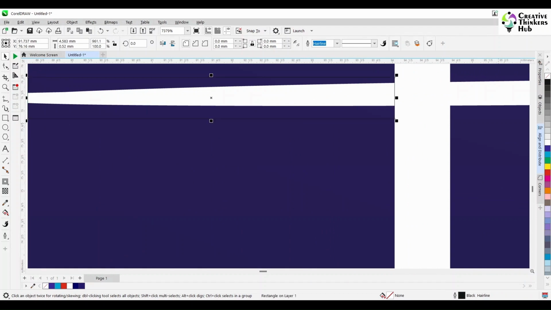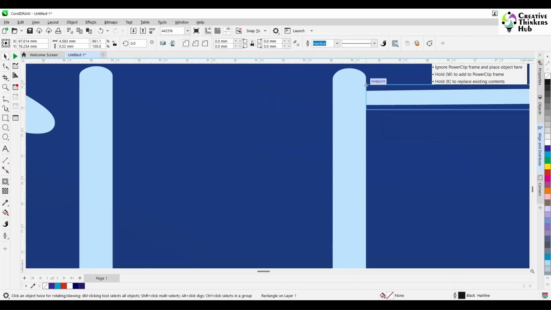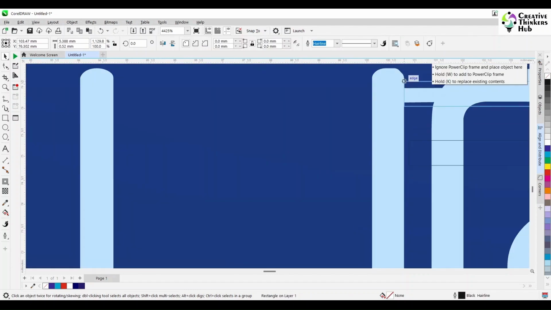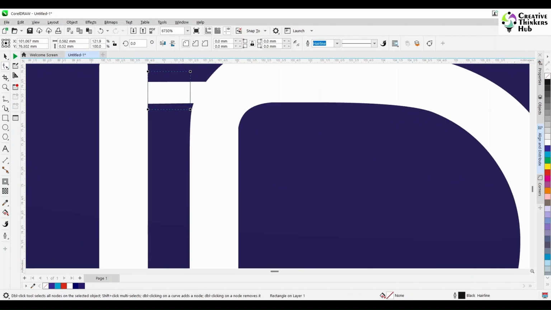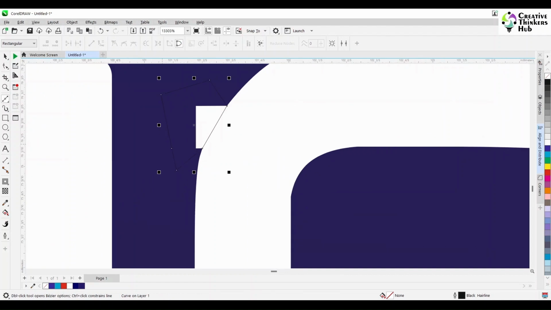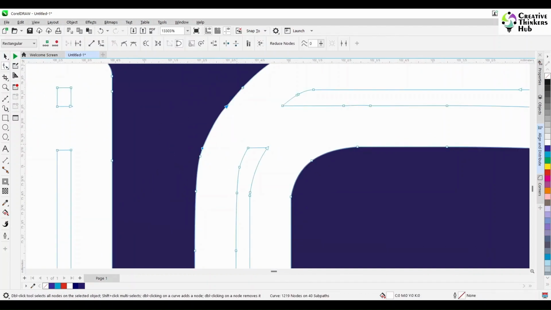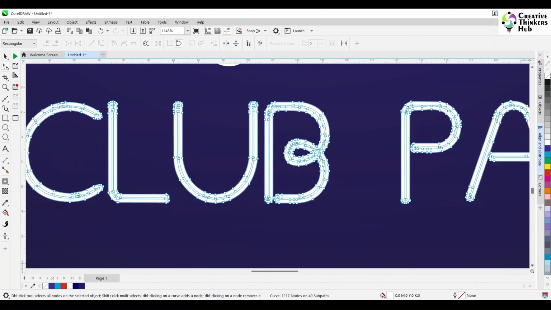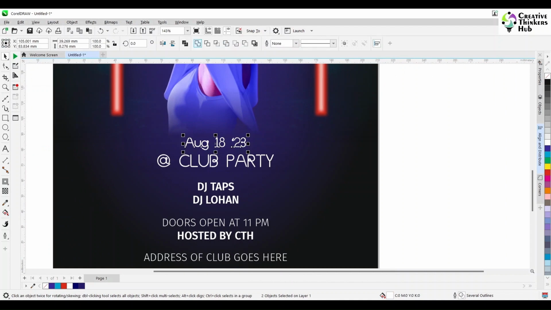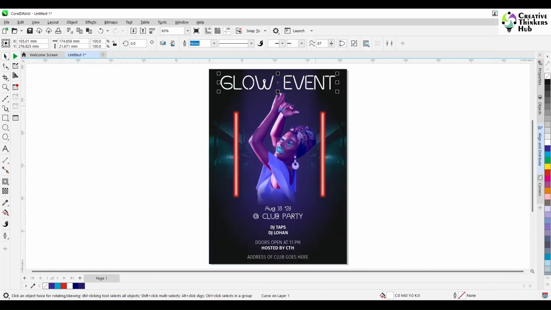See, sometimes fonts behave this way because they are made that way. Okay, you can't do anything about it. But we don't want to be a slave to the software. We want to make sure that we are getting what we need and so it has to be done. Got it? See, that's complete and then just weld them together. Fine, that's done. Now what we'll do, we get into contour all over